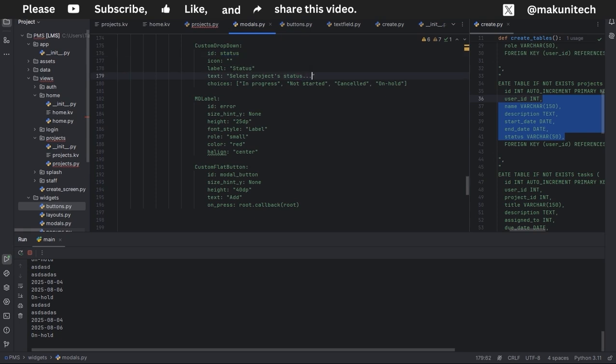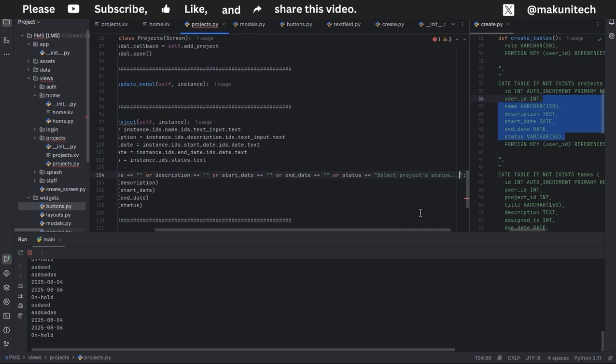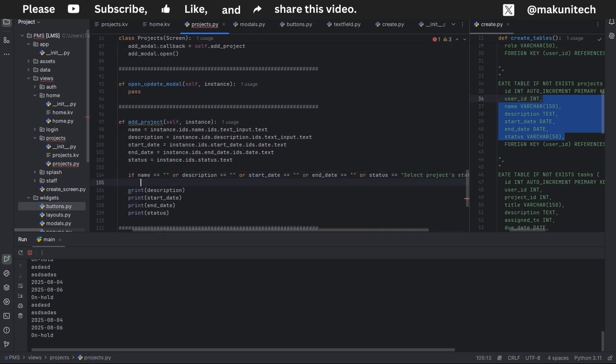Let's put dot here. Like this. So if it's empty,